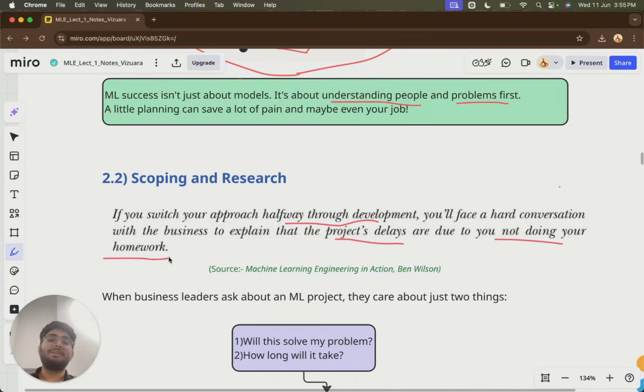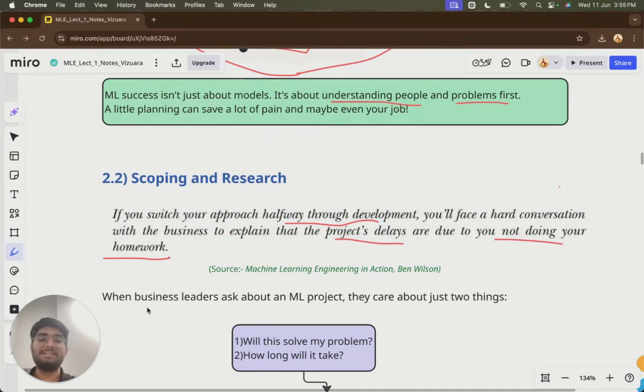I think now we understand why in our school time the teacher used to force us to do homework on time. Because now in a company, if you don't do proper homework, and here homework doesn't mean to write something in a copy, rather it means to have full knowledge of what you are doing, to have a clear idea. If you don't have it, you'll deviate from it sometime, and then it will lead to the failure of the project. And you won't be able to answer the business stakeholders the reason behind this, because it was your mistake not having clarity.